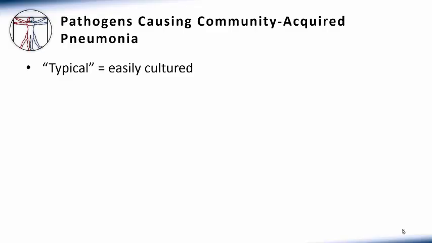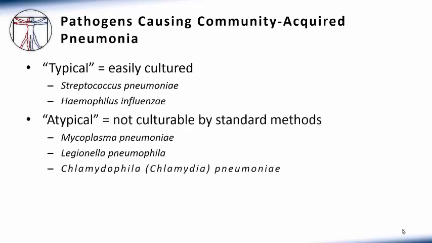I alluded to the concept of typical versus atypical pneumonia, and this is an overlapping but historically important distinction that can offer some clinical clues. The typical bacterial pathogens of pneumonia were often seen by gram stain of expectorated sputum and were able to be cultured from this specimen. These would include agents such as Streptococcus pneumoniae and Haemophilus influenzae. In contrast, the atypical bacterial pathogens were not able to be cultured on routine media found in the clinical microbiology lab, nor were they easily identified by gram stain. These would include bacterial species such as Mycoplasma, Legionella, and Chlamydophila, formerly known as Chlamydia.